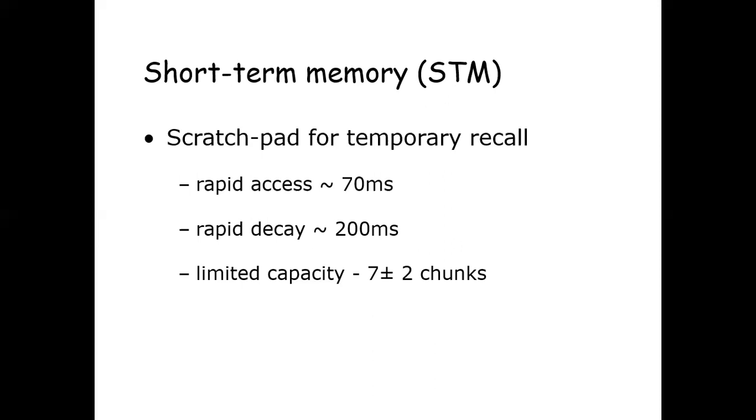Rehearsal is the process where information is kept in short-term memory by mentally repeating it. When the information is repeated each time, that information enters the short-term memory again, thus keeping it for another 10 to 20 seconds. Chunking is the process by which one can expand his or her ability to remember things